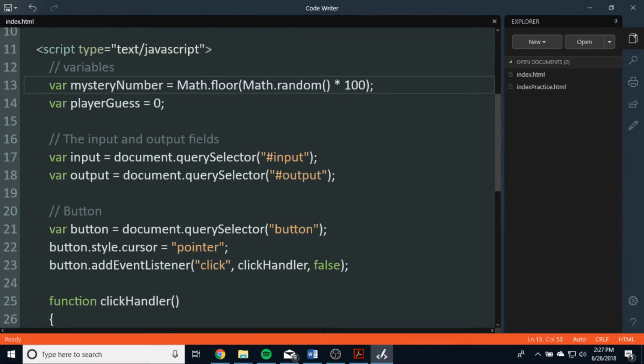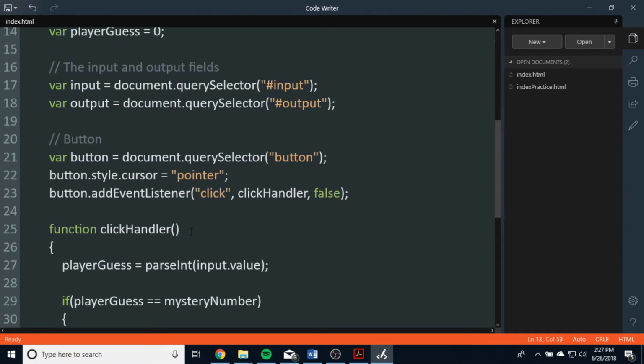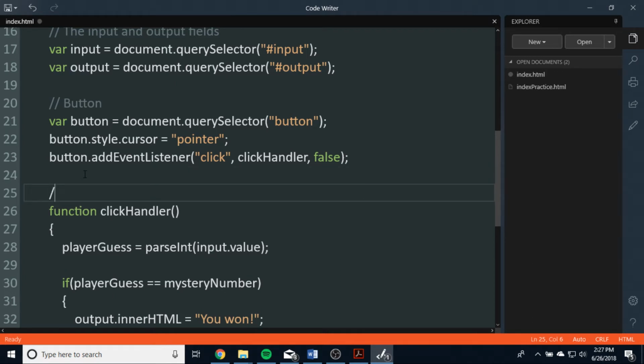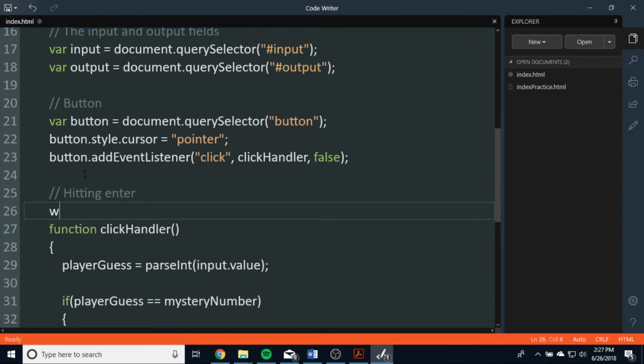I don't know about you, but when I'm playing a game online or playing around with websites, I want to be able to hit the enter key to hit the button, right? Especially if there's only one button on the screen. So let's figure out how to do that. What we need to do is add an event listener to the window itself. So let's do window.addEventListener,